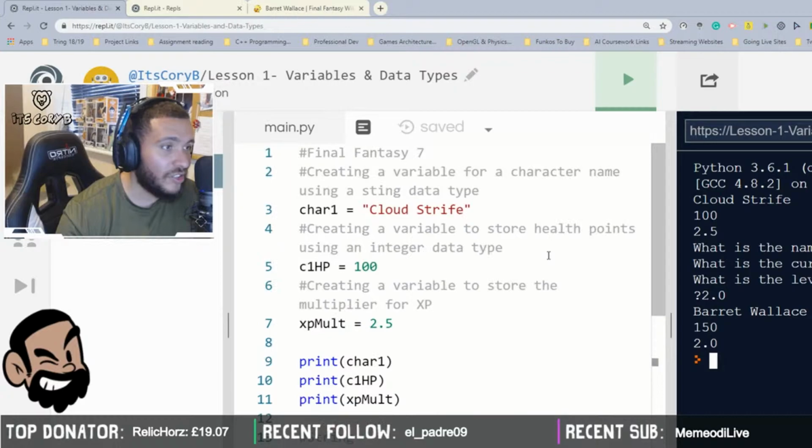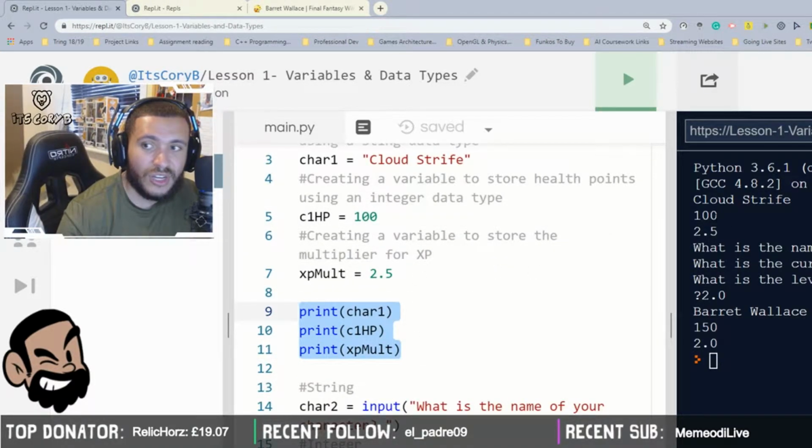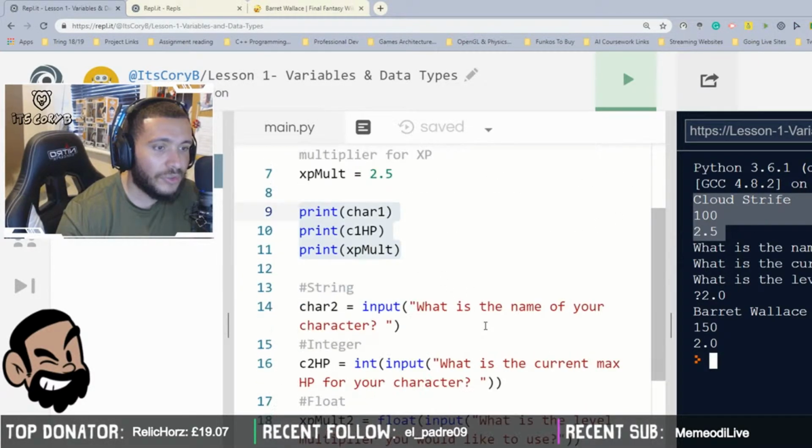So we've got the start of our program. We've got 3 different variables for our Cloud character, right? Cloud Strife, Final Fantasy VII. We output those variables to the screen so you can see those on the side as well. So if I just highlight those in your output, and then as we scroll down, what we started to do